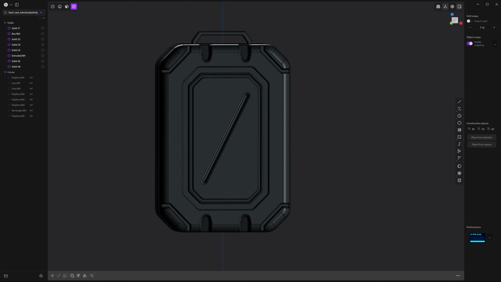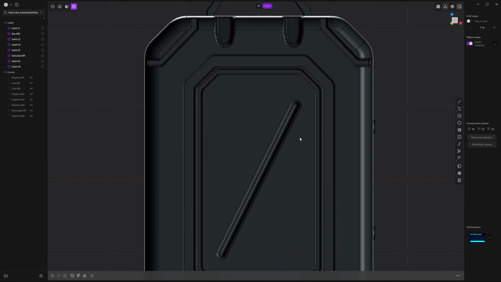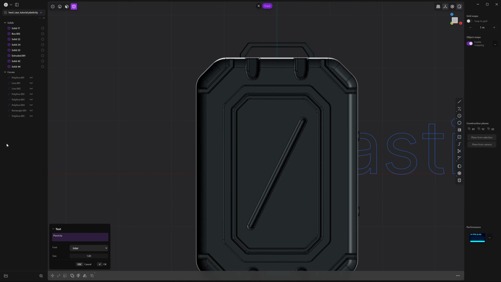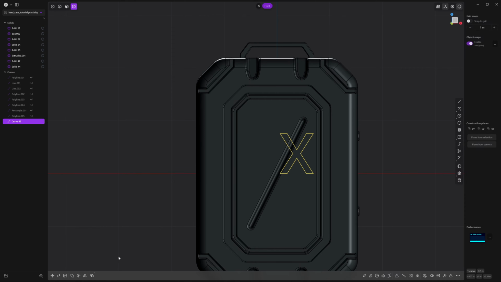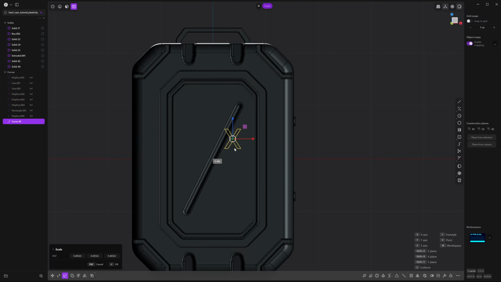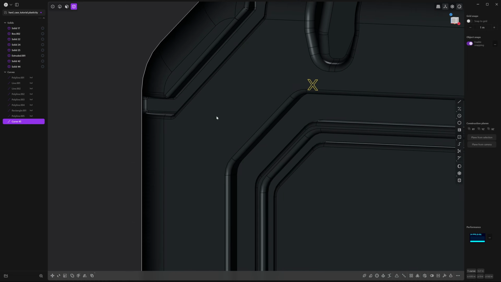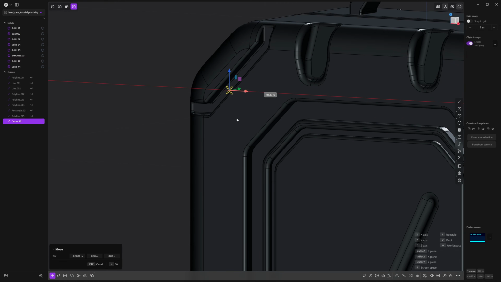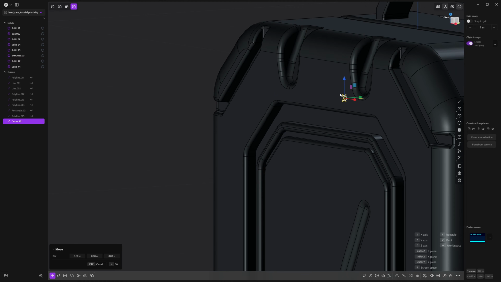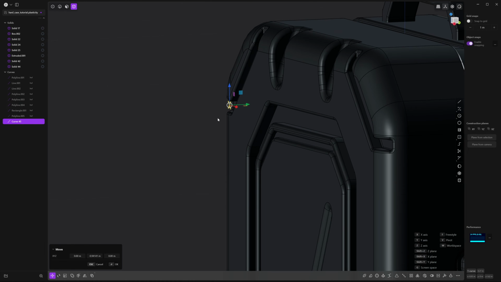And finally, maybe we can try some text, or at least some shapes from text. So press F, write in text. And in the front view, you can go ahead and write the letter X. Press OK. And we're going to scale this down and place it right here in this corner. Zoom in. Maybe let's see if we can squash it down a little bit. Okay, great. Now let's pull this up to the front so we have a better idea of what we're doing. Move it in the y-axis.